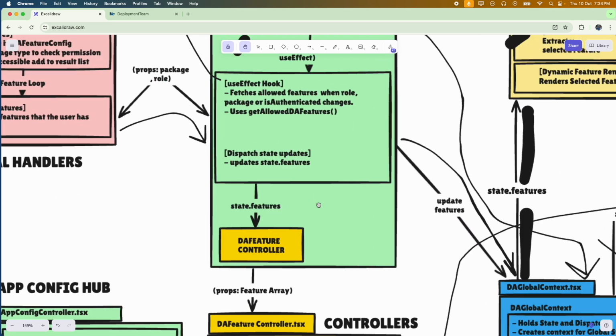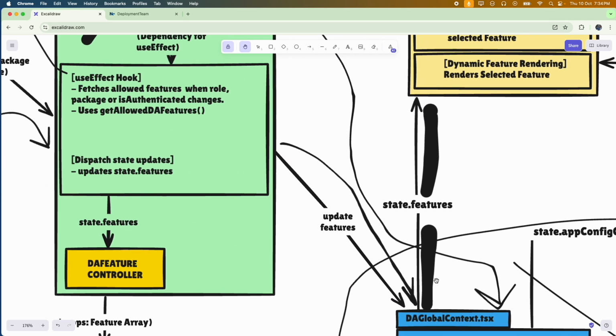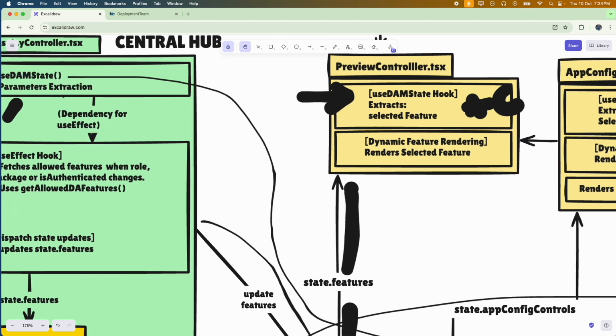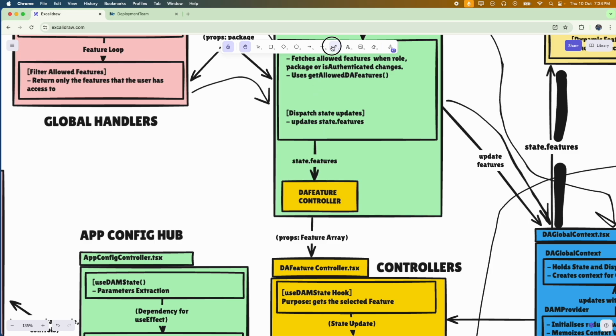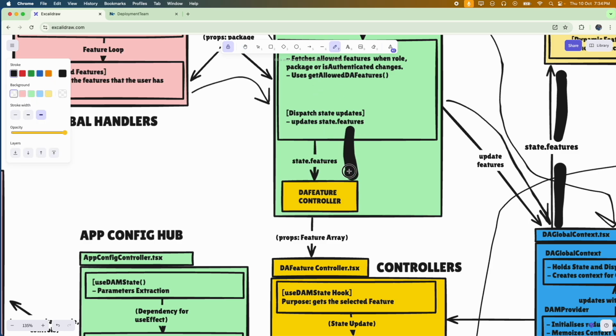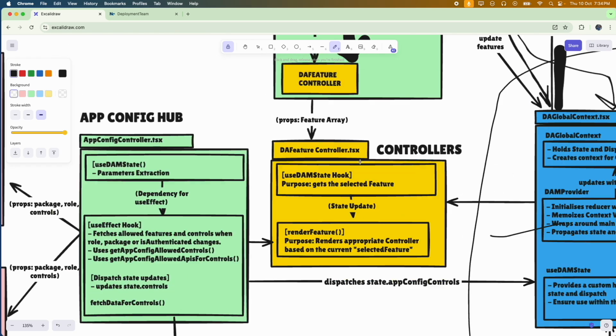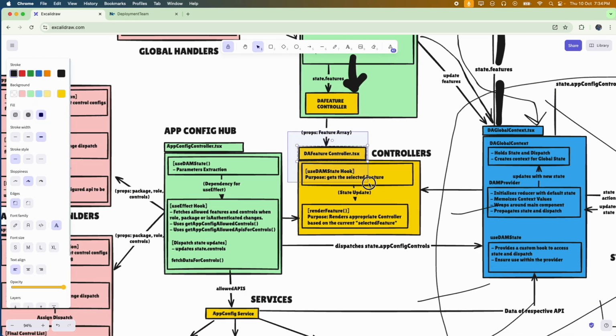Okay, so we got the features, and the features are updated in the state management. Now the preview controller displays them. Finally, the features are sent to the DA feature controller. This DA feature controller is solely responsible for